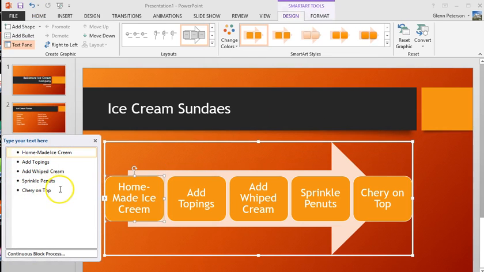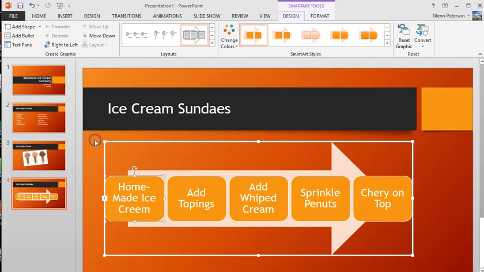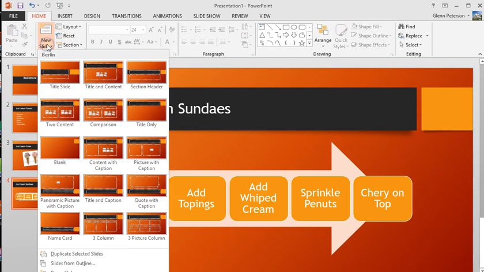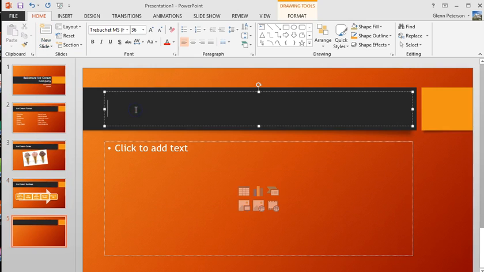Notice this box appears here, so I can add some additional categories. I don't need that, so I can click this little X to get rid of that. And I'm finished working with this, so I can click outside that placeholder. I'll then click New Slide. I'll choose Title and Content,